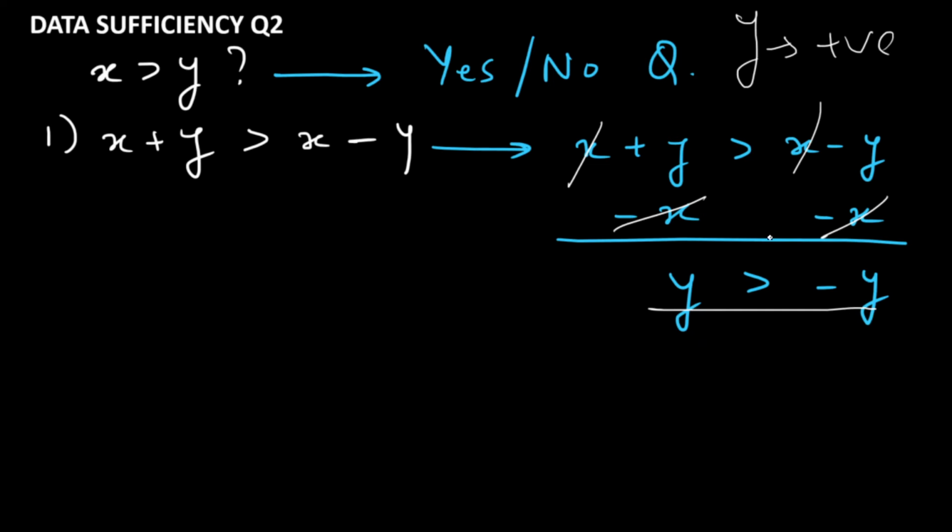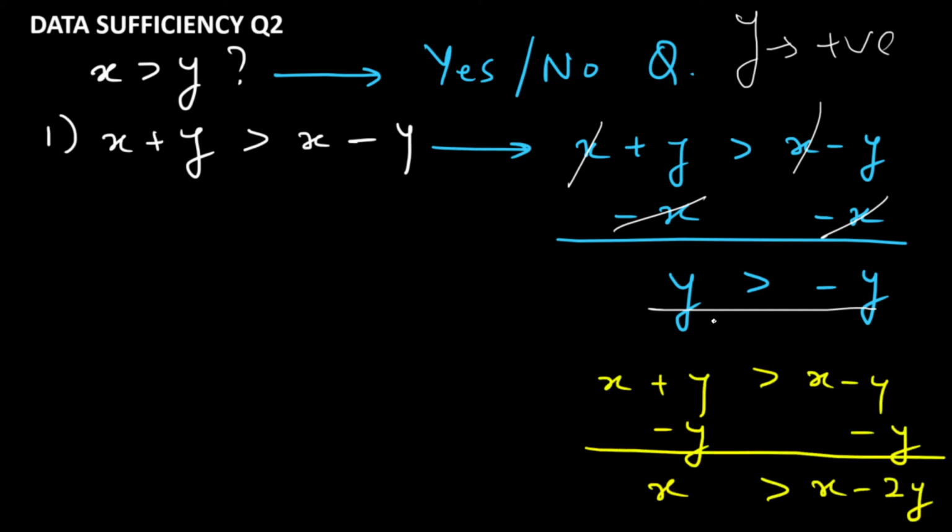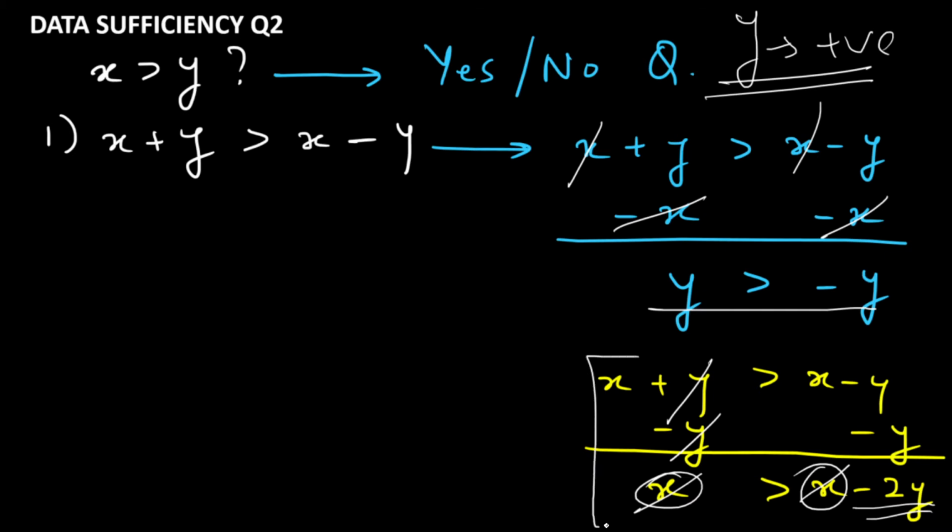Now let's keep trying to make any changes and just play with this to see whether we can get some information about x. Now what will happen if I subtract y from both the left hand side and the right hand side? So over here these two cancel out and over here I have minus y which results in minus 2y, right? So I get x over here and I get x minus 2y over here. So x is greater than x minus 2y. Again you have x over here and x over here, they would cancel out and you again just get that y is a value greater than 0, which is what we got before also, right? A value greater than 0 is positive. So we are not getting any extra information about x.